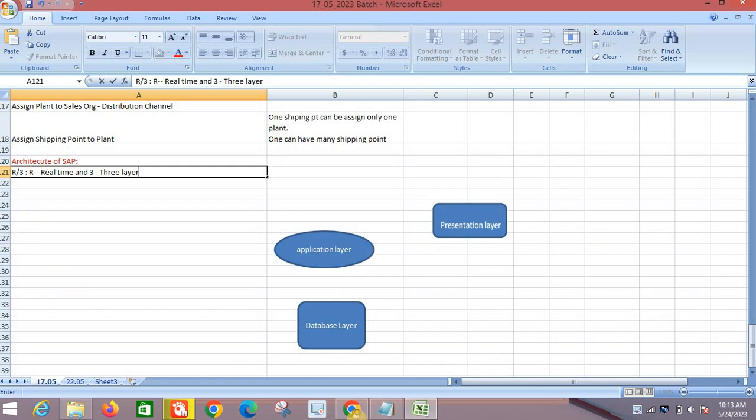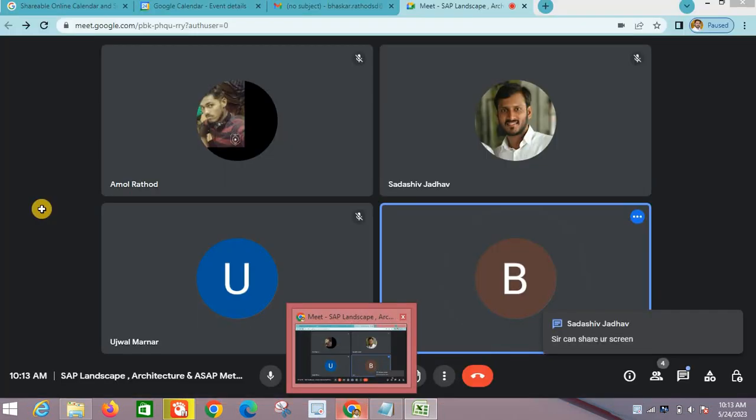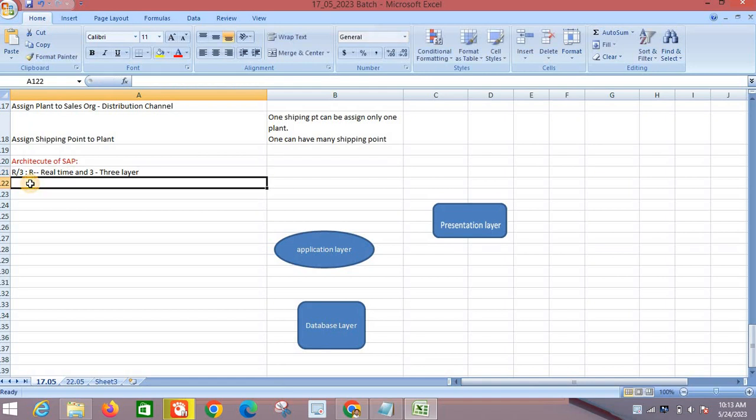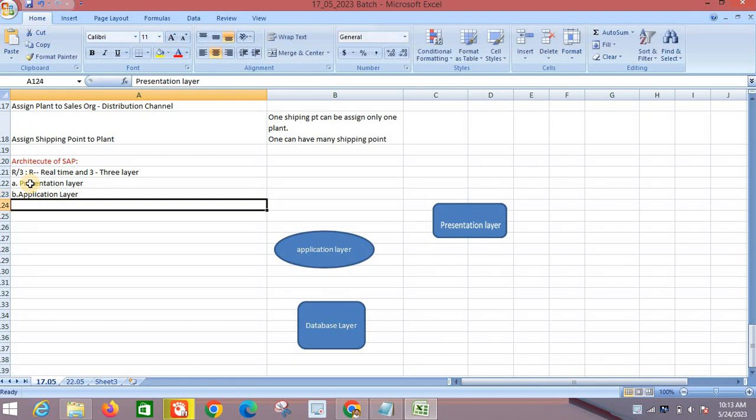So what are these 3 layers? Number 1 is the presentation layer. Number 2 is the application layer. And number 3 is the